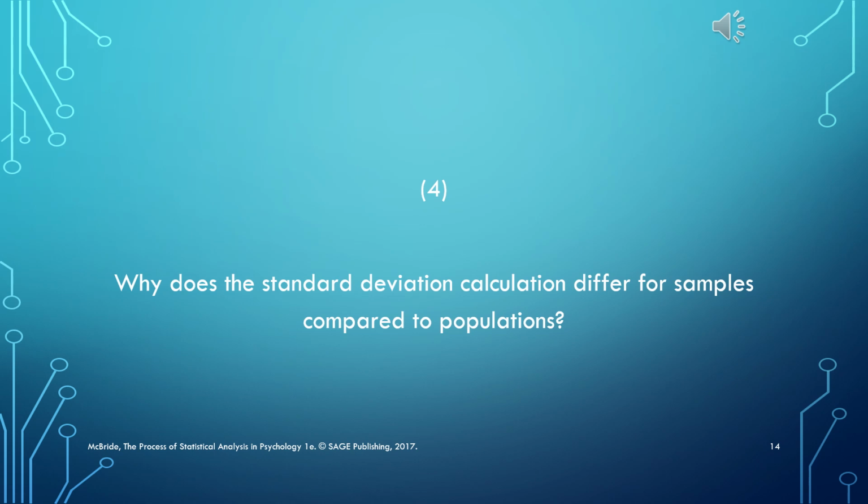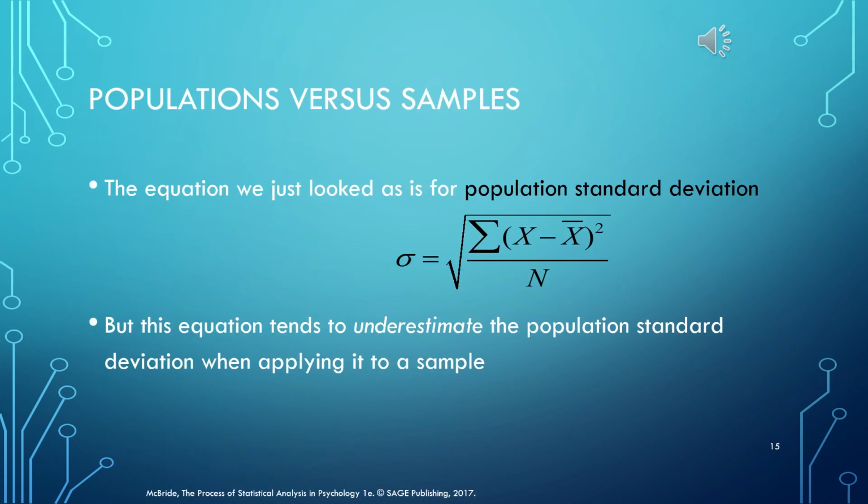Now there's a little twist we've got to talk about, which is what this last learning objective is about. Why does the standard deviation calculation differ for samples as compared to populations? The equation we've been talking about this whole time that calculates standard deviation is specific to the population standard deviation. Usually we use Greek symbols when we're talking about a population,